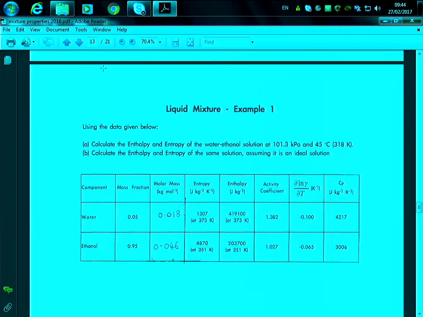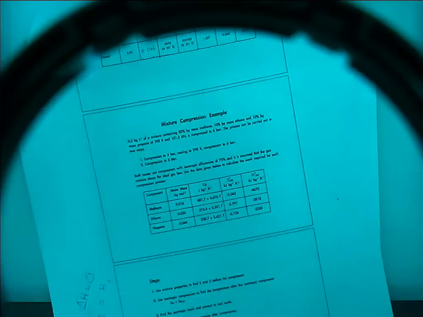So one of the things to point out here is that you are given, first of all, the entropy and enthalpy at the saturation point of water and ethanol. What is the saturation point? Well, at the boiling point. Okay, so in this case, you are not given the initial conditions at standard pressure and temperature,